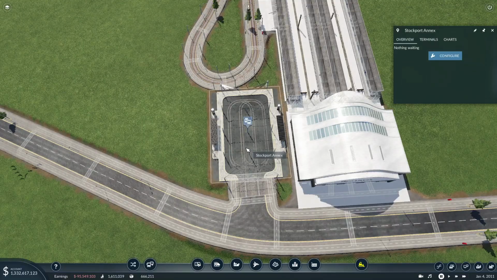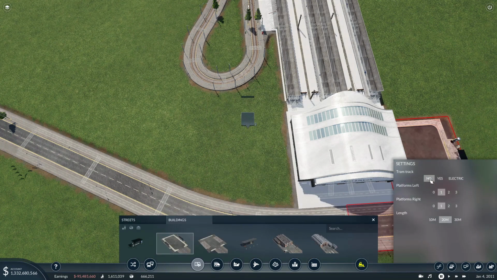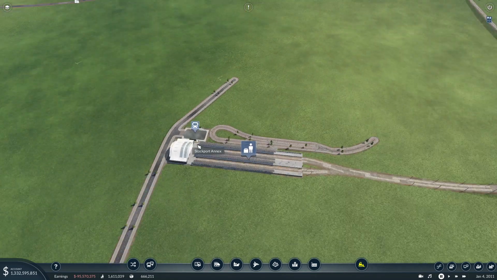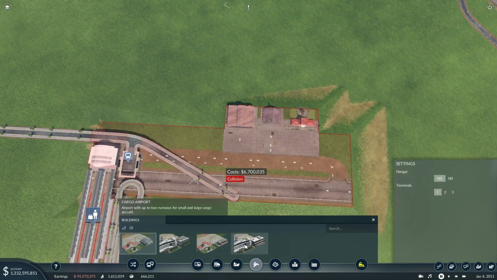No, go away, delete. Buildings, tram, no. Platforms, 1. Length, yeah, that's fine, so we can just chuck it in there. We might need some buses at some stage to run, maybe just around the airport itself. Good, now we need the airport, which is going to be a